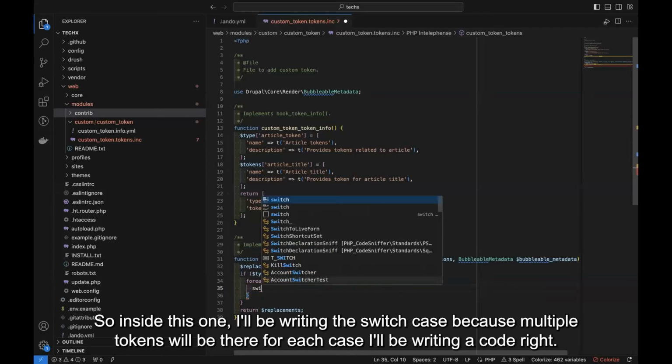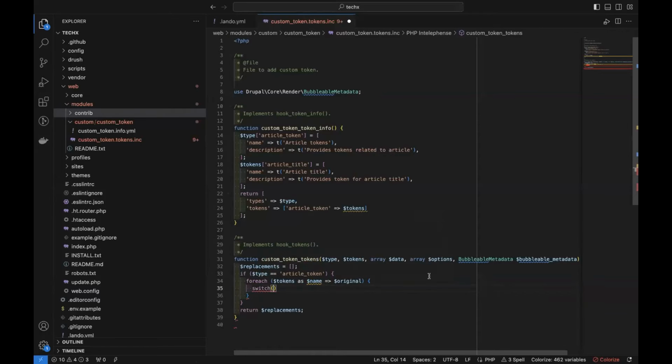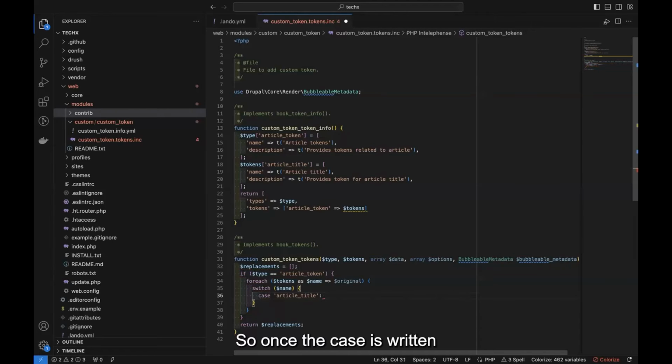For each case, I'll be writing the code. So once the case is written,